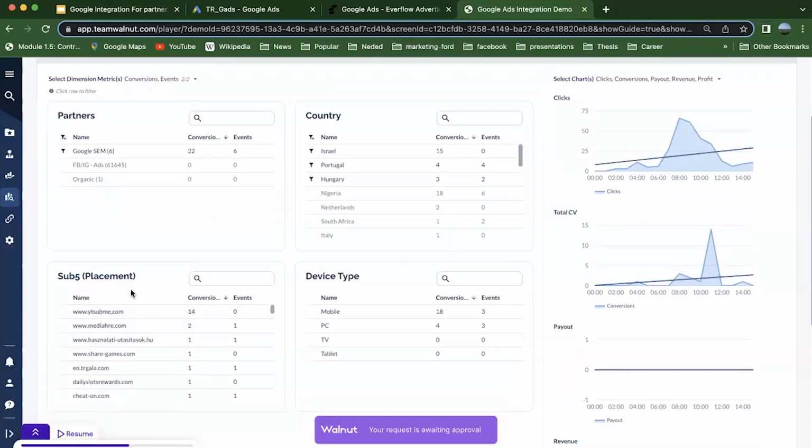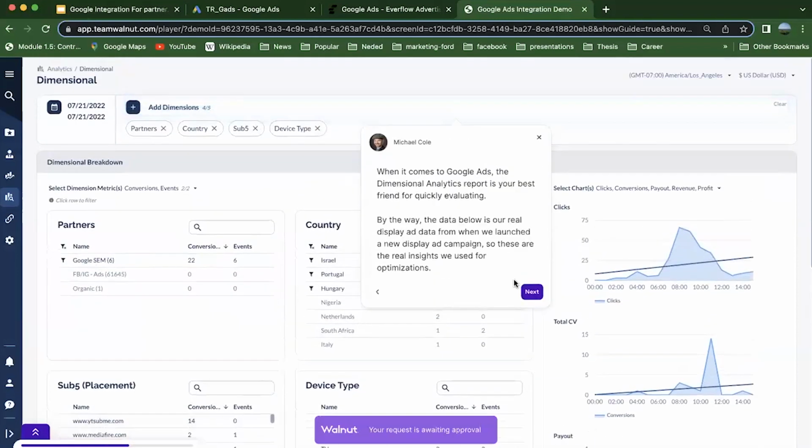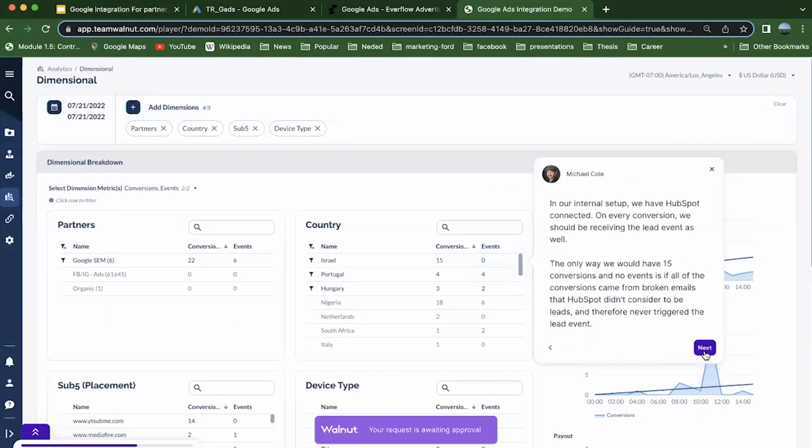Similarly with placements as well. If you're running a display campaign, you can see the placement information, the exact websites where the display ads were shown. Again, the same situation: you see a huge number of initial conversion points coming through, but very few events being recorded. That is a clear sign that this is something you want to exclude from your display campaign. Also with mobile and PC, a lot of initial conversions come through, but the conversion rate on desktop is way higher than on mobile. So the main takeaway was to optimize and focus on desktop only for this particular campaign. Similarly, you can do more. I'm just going to click through this one and get to the next